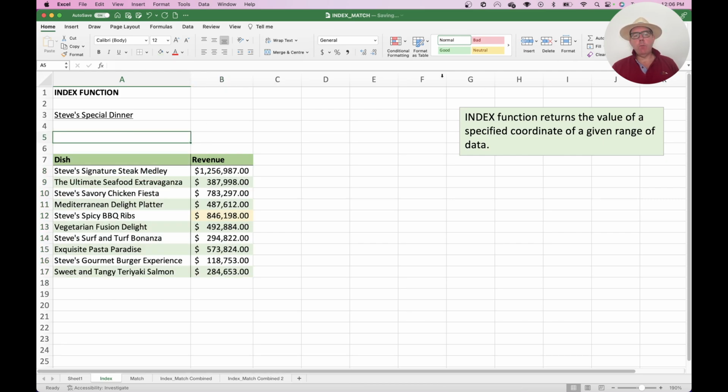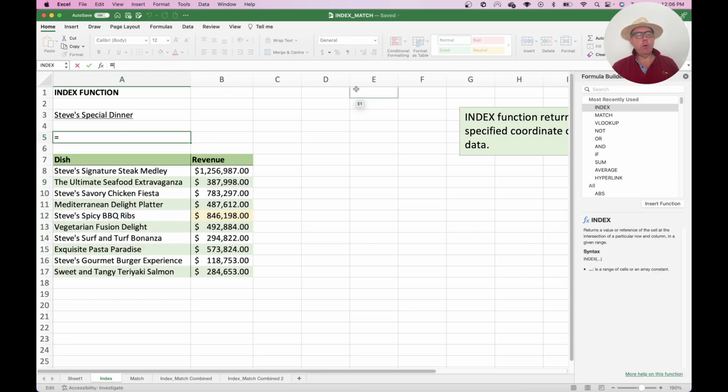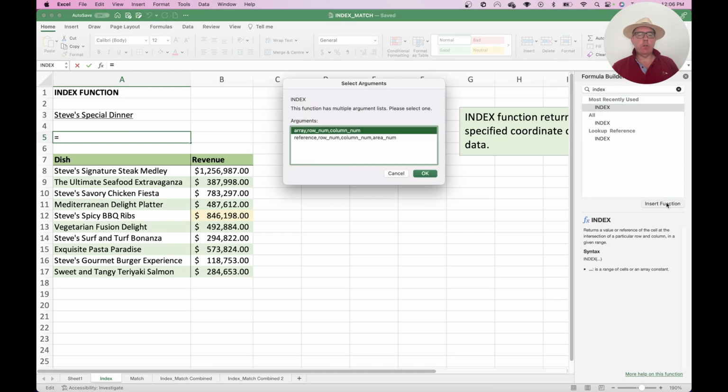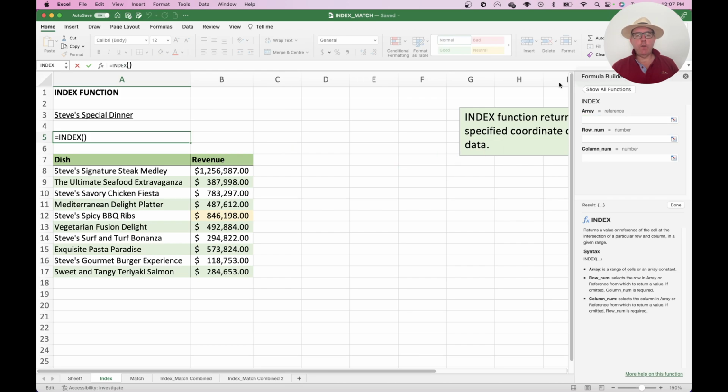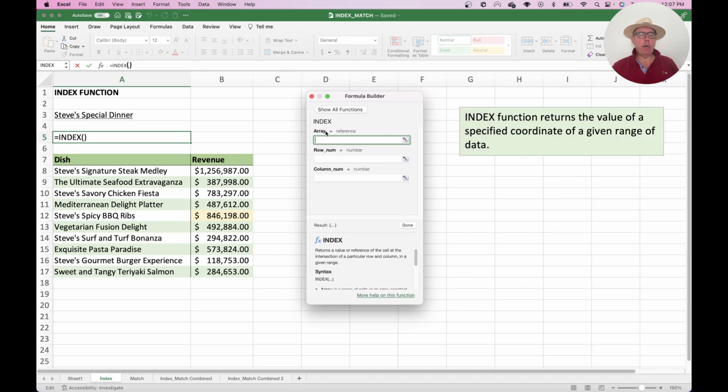So click back on the cell. We'll open up the formula builder from the F there, and we'll type in and search for index. We'll click on index and press insert function. Now in the insert function, before you can go in and put in your actual data, you need to choose which specific type of index function you want. And we always generally want the top one, which is looking at an array, a row number, and a column number. So if you press OK, drag this over, you can see it has the array, the row, and the